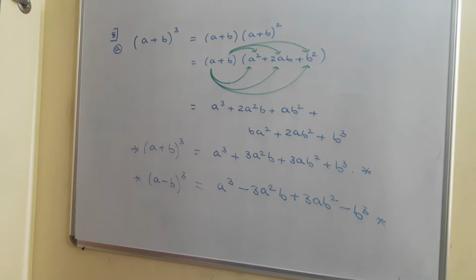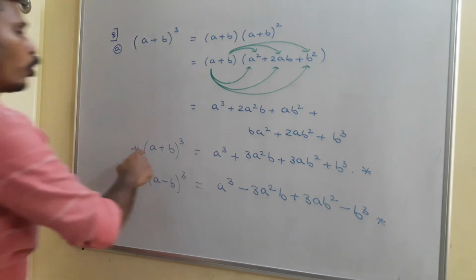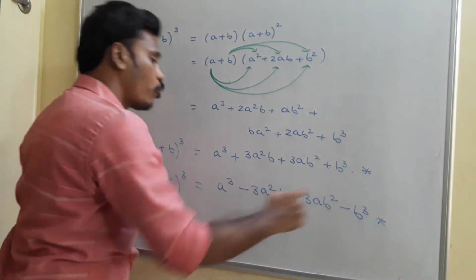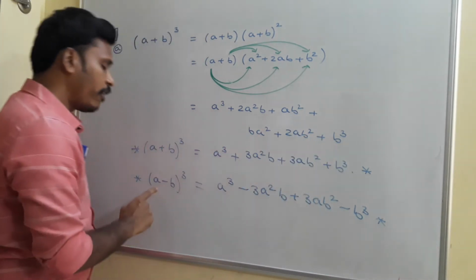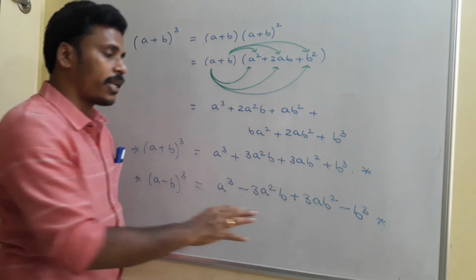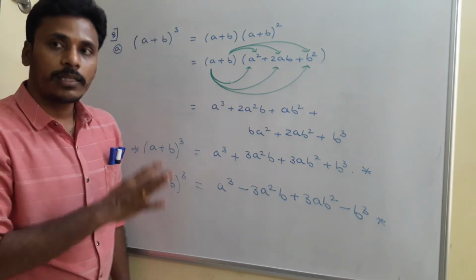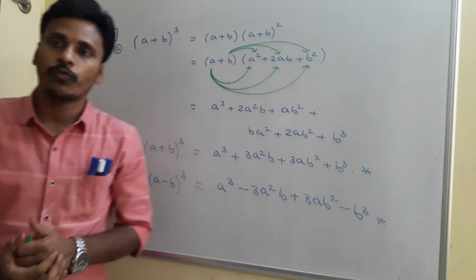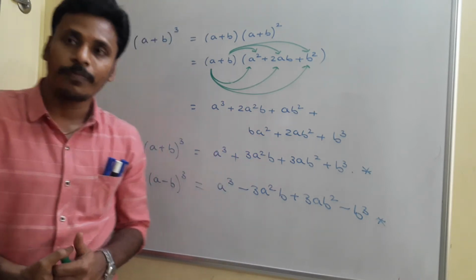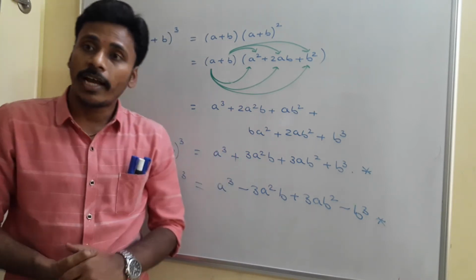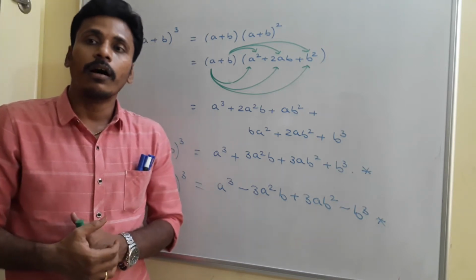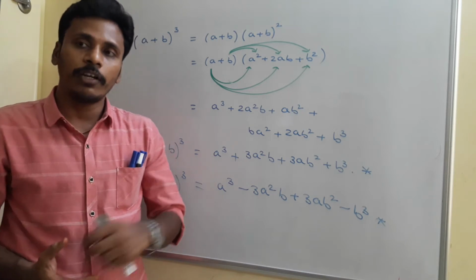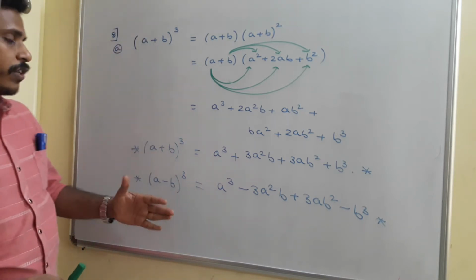Just have a look there at what we are mentioning. (a+b)³ as this one, (a−b)³ as this, both are the same. If it is plus, everything is plus. If it is minus, alternate plus and minus signs will be involved here. This is the basic expansion for (a+b)³ and (a−b)³. Again, there is a chance to rewrite this (a+b)³ in different ways for different requirements. I will show all those things. First of all, have a screenshot for this.